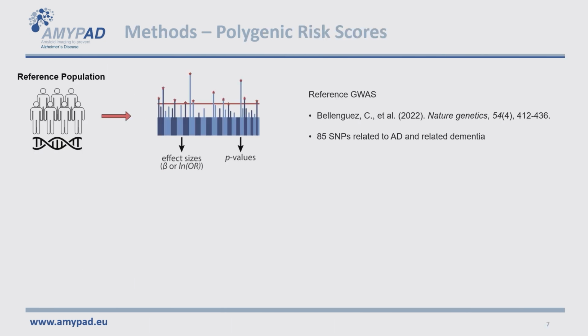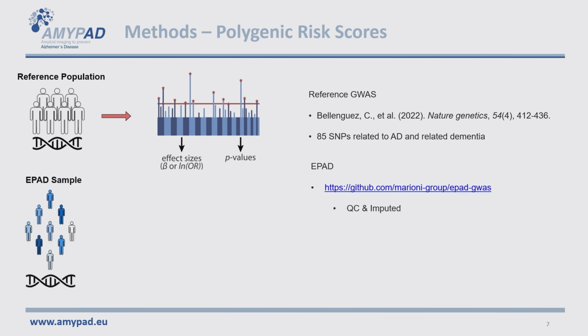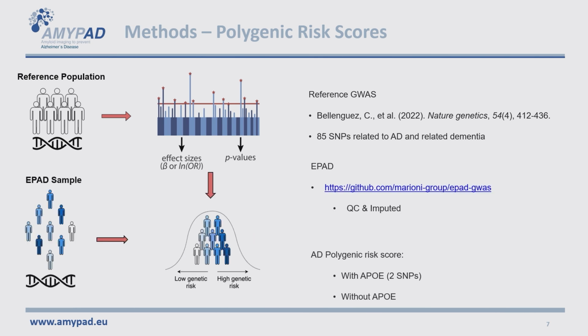So for genetics, what we did was to look at the most recent GWAS for Alzheimer's disease, which found that there were 85 SNPs related to Alzheimer's dementia. And then we had our data from EPAD, and we computed polygenic risk scores. So we computed scores that told us how much was the risk of each individual to get Alzheimer's disease, but not only based on one gene, but based on 85